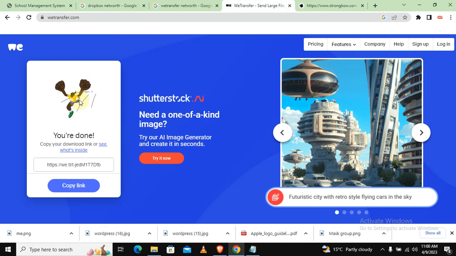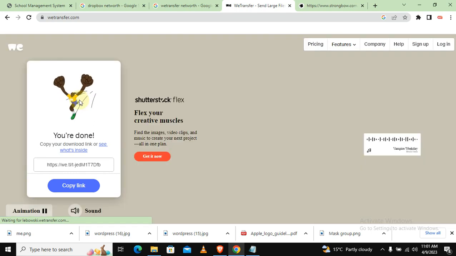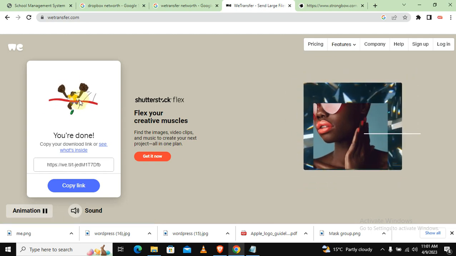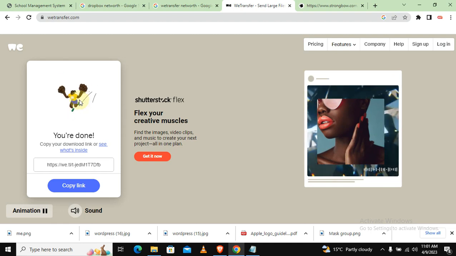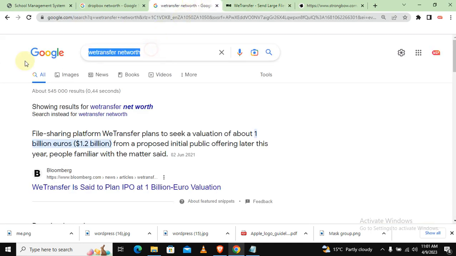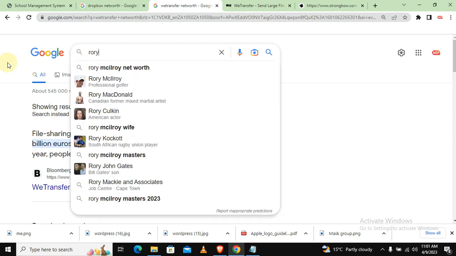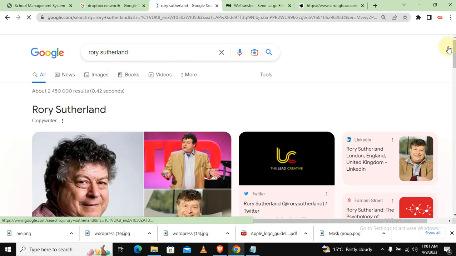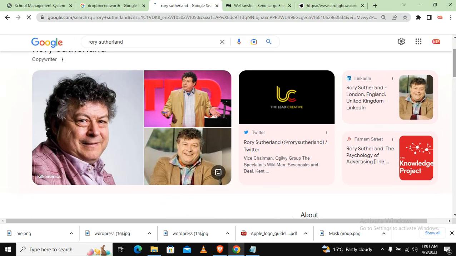Not WeTransfer. What's the difference? So as a brand strategist, I realized, based also on what I heard from a guy named Rory Sutherland, I think he's the president of Ogilvy in the UK, this guy said the next revolution is not the industrial revolution, but the psychological revolution, because he believes that a product has a value, an